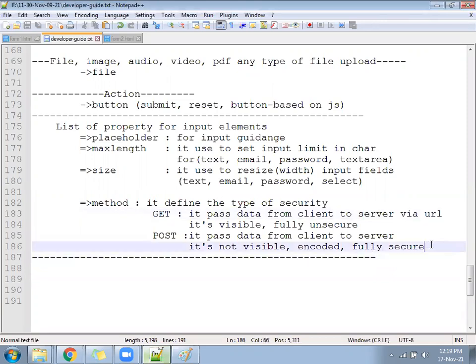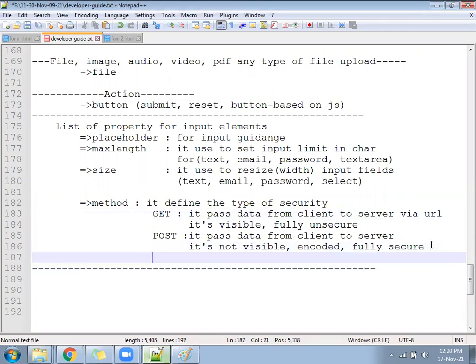Now come down. Understood what the method means? In interviews, people will ask you this every time. You can answer in your own way. We understand the concept: data will go from the client to the server. So when the data goes from client to server, we can say the same thing we have written. If you say one or two points, people will understand.